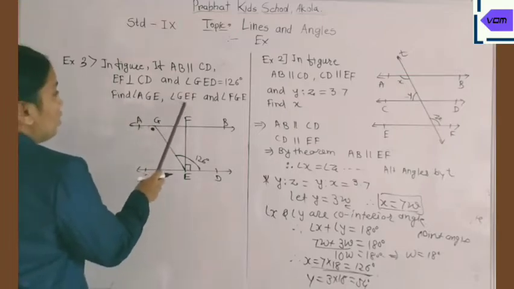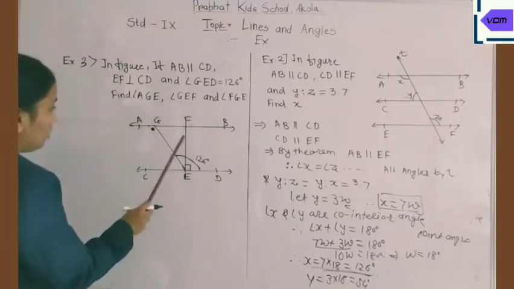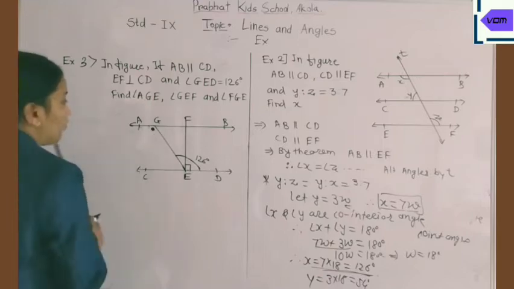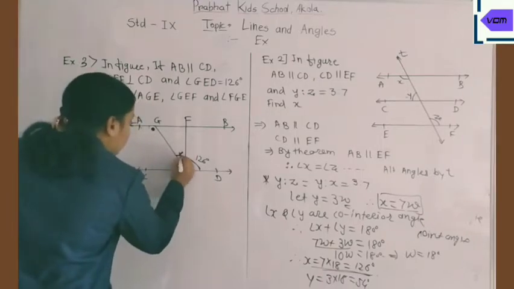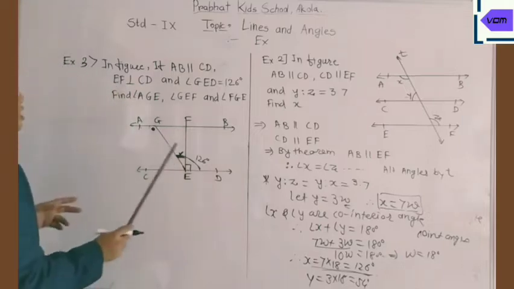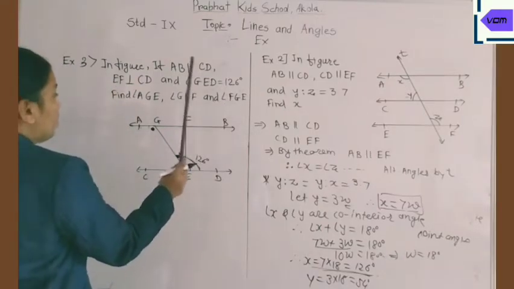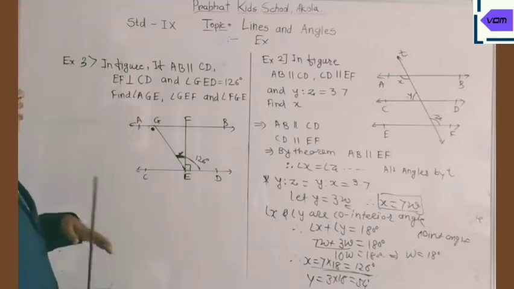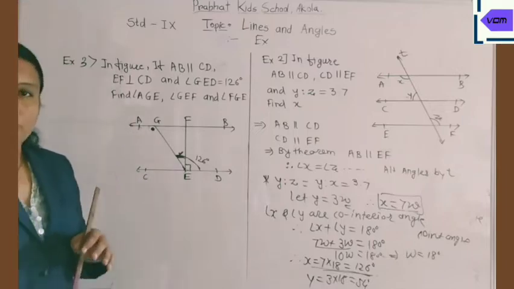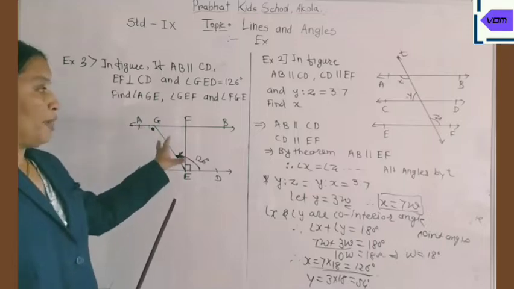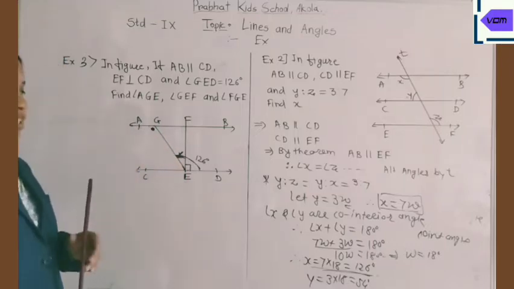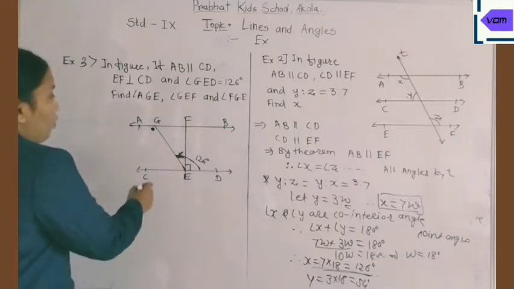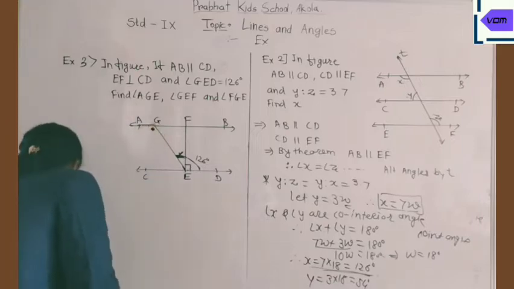Then GEF, where is GEF? GEF means you have to find this one angle also, only this one. And then FGE, we want to find this angle. By using all the theorems up till now, we are just applying that theorem and finding the answer. Now, if you observe this diagram,